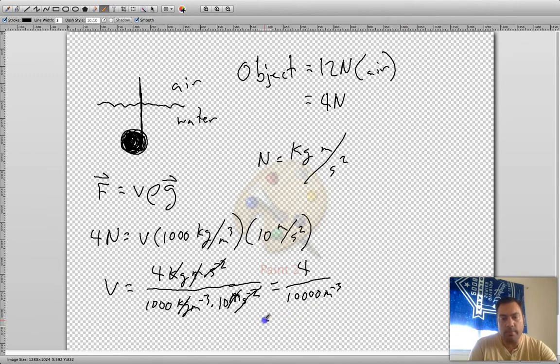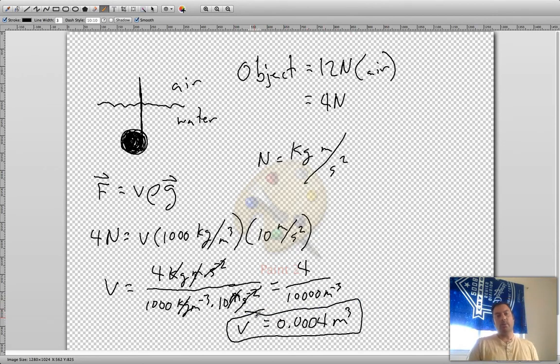And when you do that math and bring it up to the top, you get 4 10,000ths. So that's 0.00, tens, hundreds, thousands, there's the 10,000ths. Whenever you have a negative exponent in the denominator, you can bring it up to the top, so meters cubed. That's our volume. All right, so hopefully I didn't lose you with the negative exponent stuff. This is something you should have some experience with in your pre-algebra curriculum.